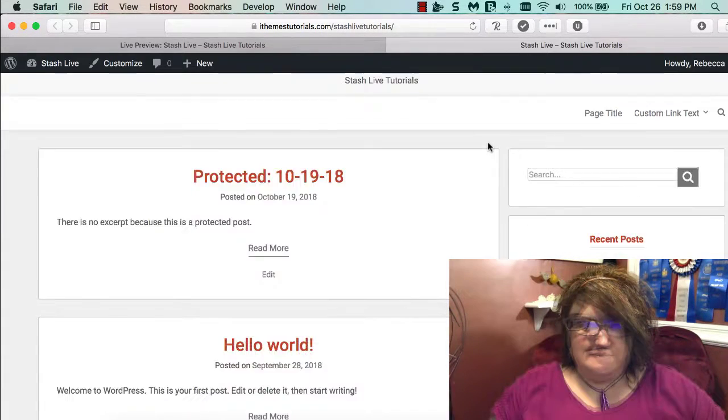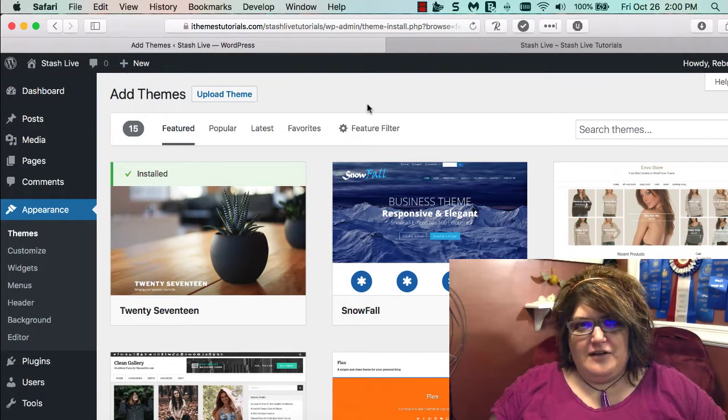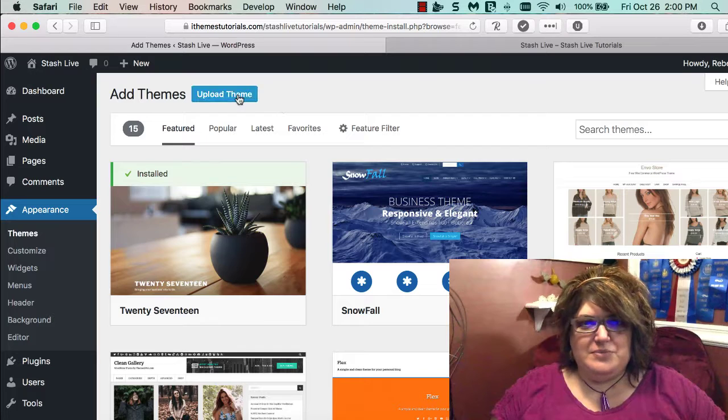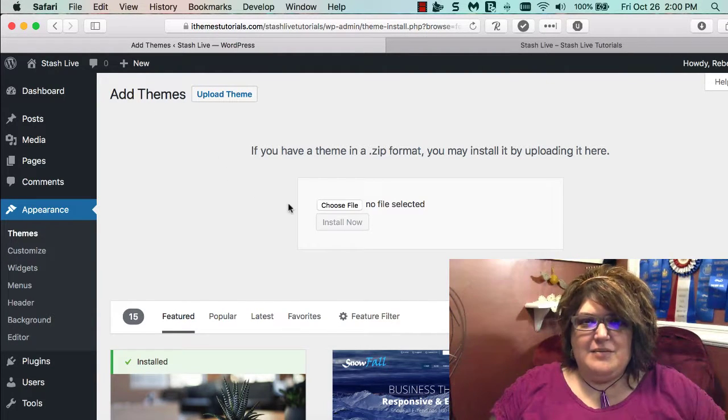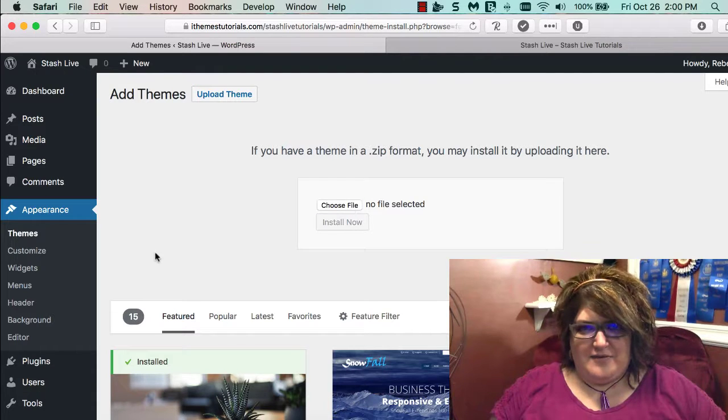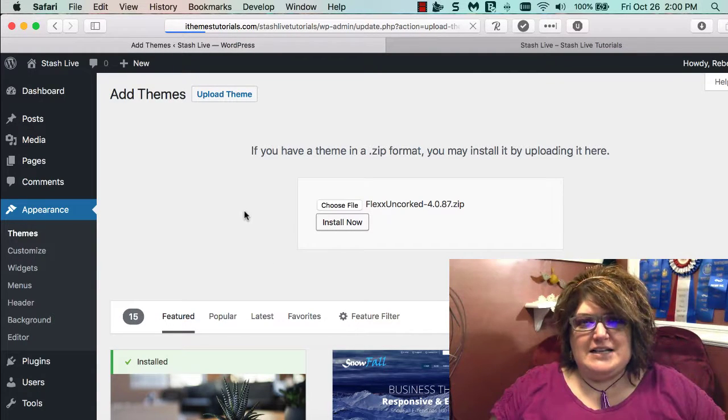theme in place. Now let's say none of the available free themes do it for you and you've purchased a premium theme from iThemes or any of the other great theme shops out there. Just click Upload Theme and browse to your theme zip file. Once you've selected that zip file, hit Install Now, and the theme will upload, unzip on your server, and automatically